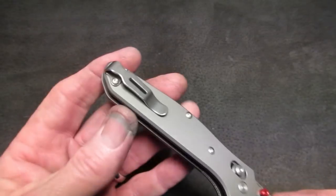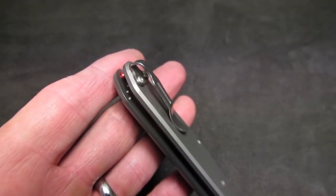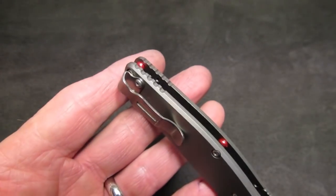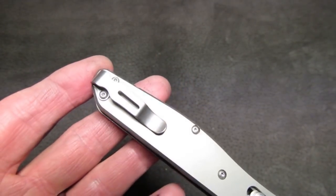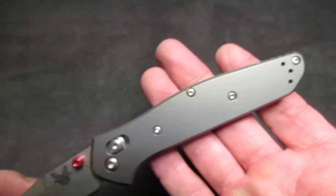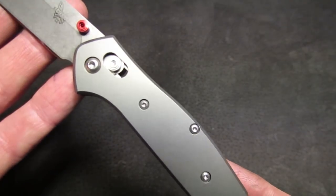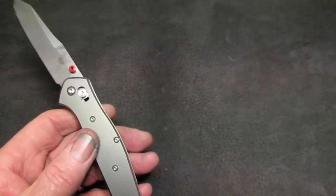We also have what apparently has become the darling of the Benchmade consuming community, the Shorty deep carry clip a la Bug Out. Yeah, it works well, it's the right size, it carries deep, super strong, what's not to like? And then you have this beautiful handle. Gorgeous glass beaded 6AL 4V titanium. And notice, would you,